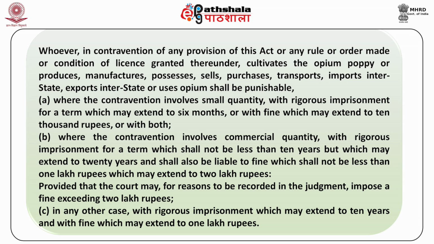Whoever, in contravention of any provision of this Act or any rule or order made or condition of license granted thereunder, cultivates the opium poppy or produces, manufactures, possesses, sells, purchases, transports, imports interstate, exports interstate, or uses opium shall be punishable, where the contravention involves a small quantity, with rigorous imprisonment for a term which may extend to 6 months, or with fine which may extend to 10,000 rupees, or with both; where the contravention involves commercial quantity, with